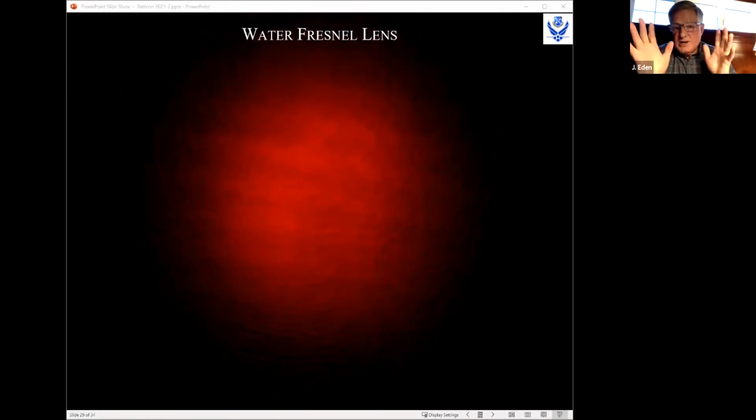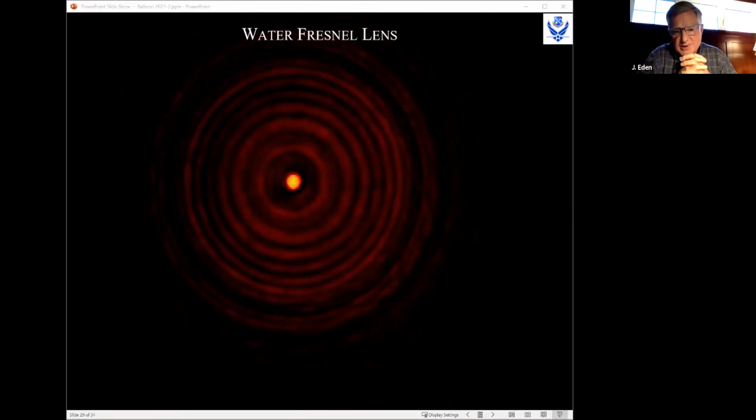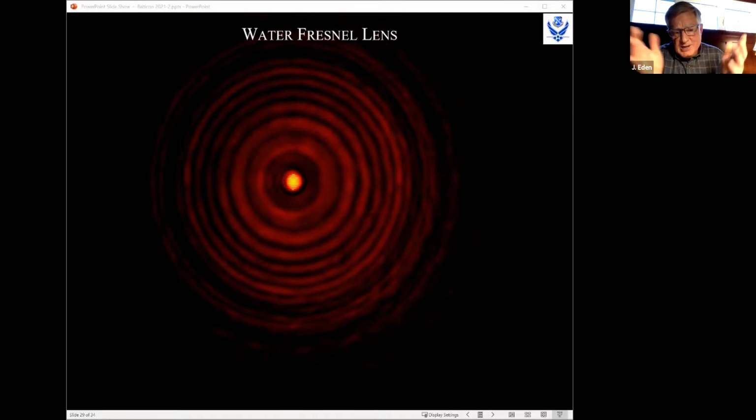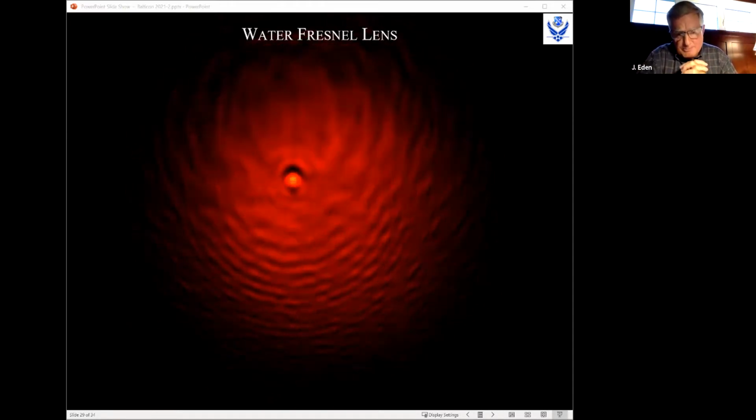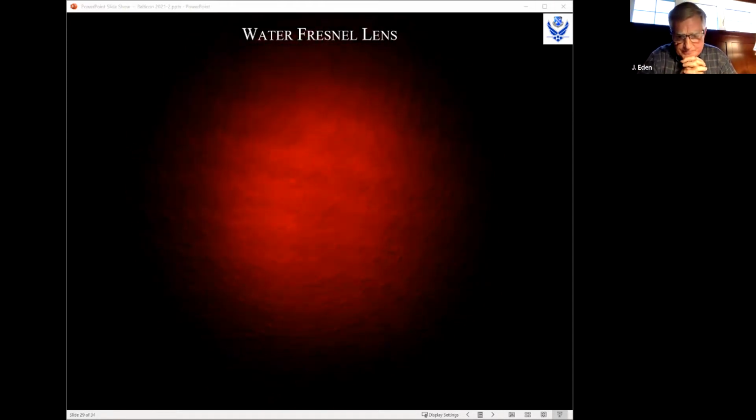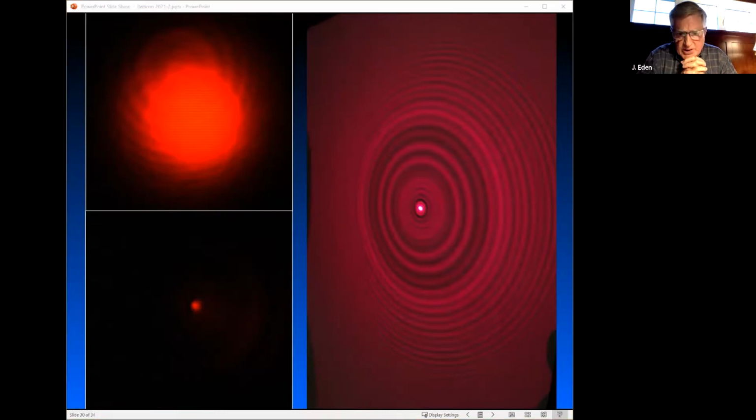Okay, so I wanted to convince you that you can make some really interesting optics, and we're thinking about applications of this for sailors, for example, where there's a lot of water vapor in the air. Next slide, please. Okay, here are some other images obtained with that same Fresnel lens. I won't belabor them because I'm running out of time. Next slide, please.